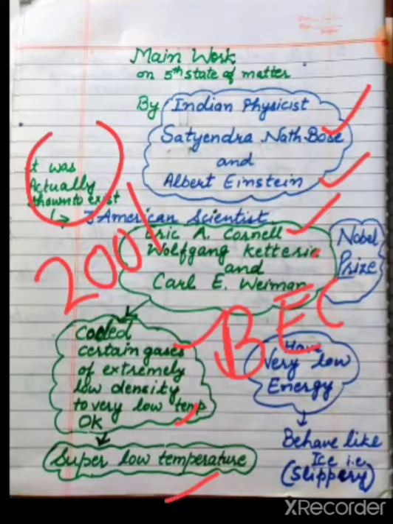These have very low energy and behave like ice in the sense that they are as slippery as ice. And all the three scientists, that is Eric A. Cornell, Wolfgang Ketterle and Carl E. Wieman,